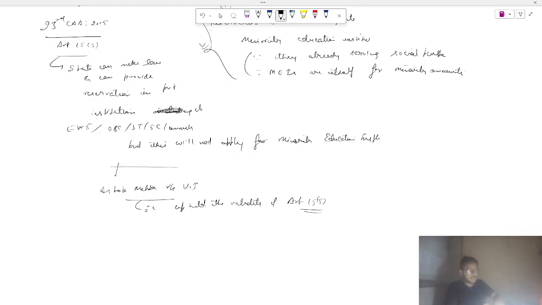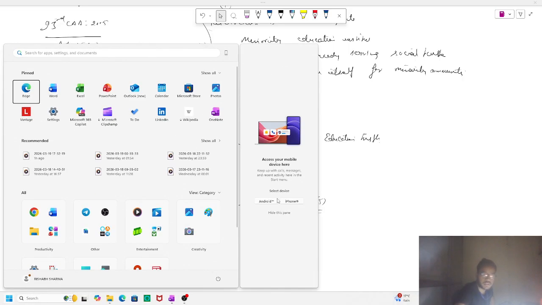Now we are done with Article 16. Now let's discuss Article 17 of the Constitution of India. So first let's repeat one thing more. We will discuss this in the second class. Till now